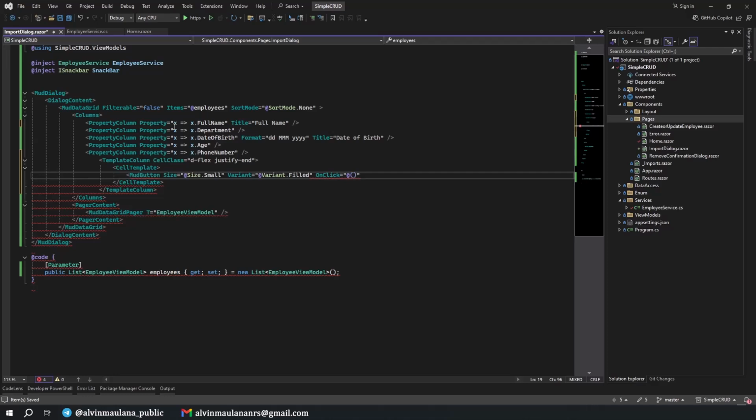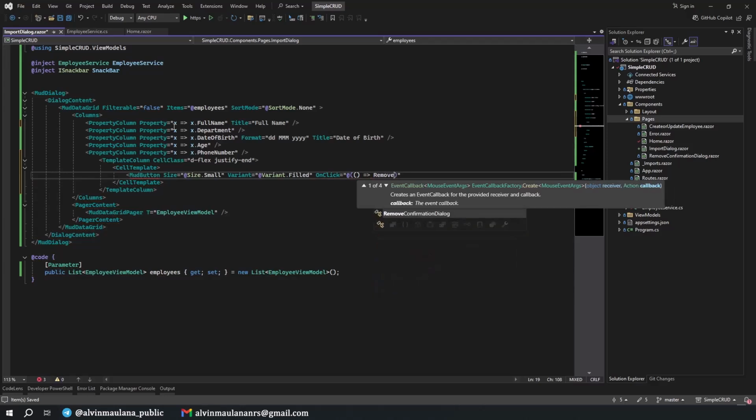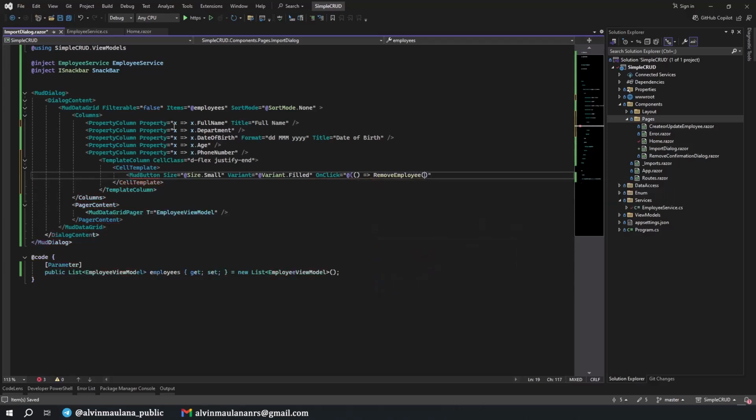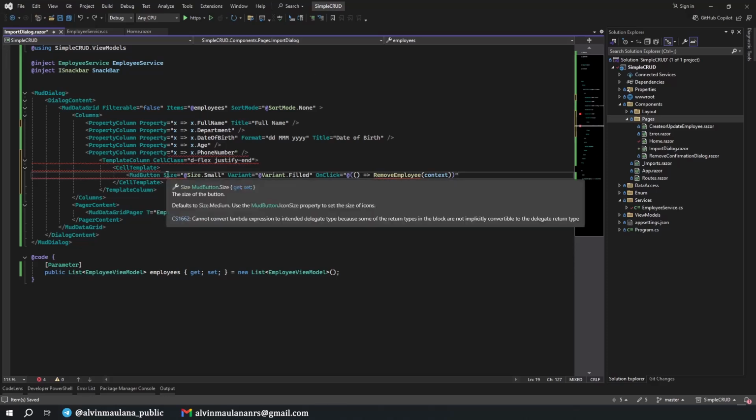Okay, open this one. What is it? Okay, RemoveEmployee with context. Okay, context should be like this. That's okay, error.